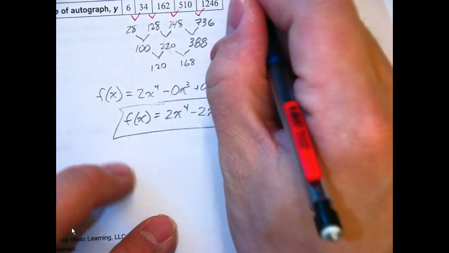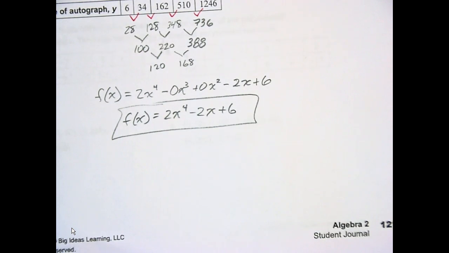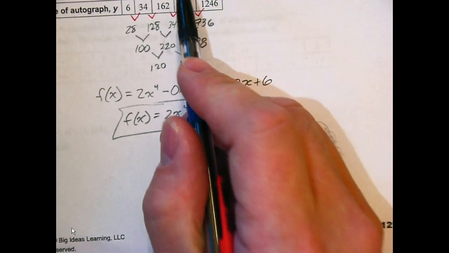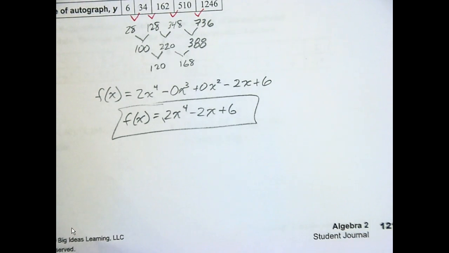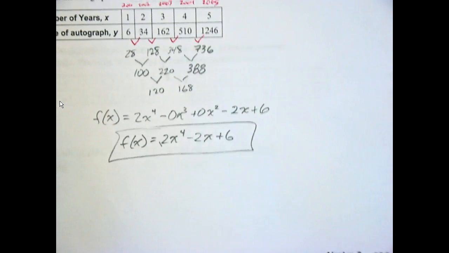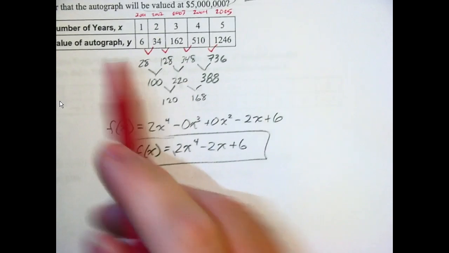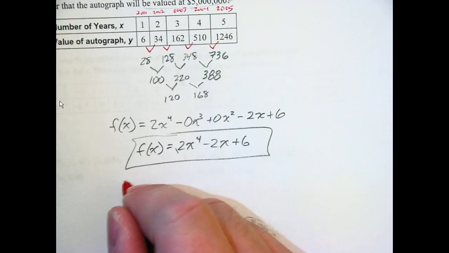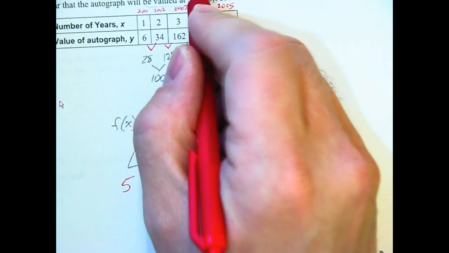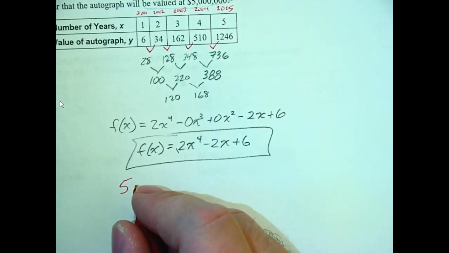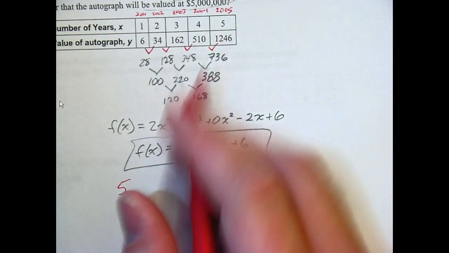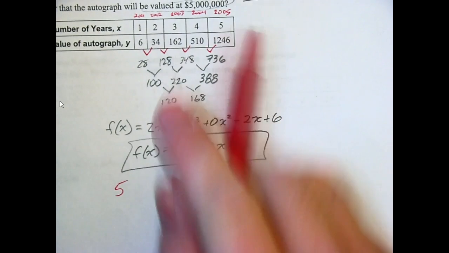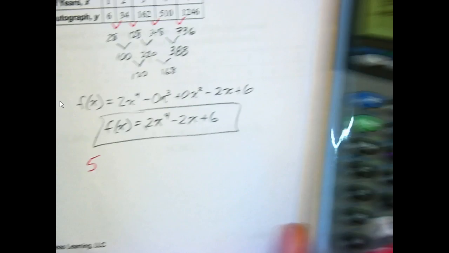Okay, that's the model. Use the model to estimate the year the autograph will be valued at 5 million. That means we need to know where the value is. Is that our x or our y? That is our y. X is almost always time, and here they tell you x is time. Yeah, it's in thousands, right? So we're saying when is our autograph 5 million? Well, you could plug it in, or you could, and that's what I was about to do,